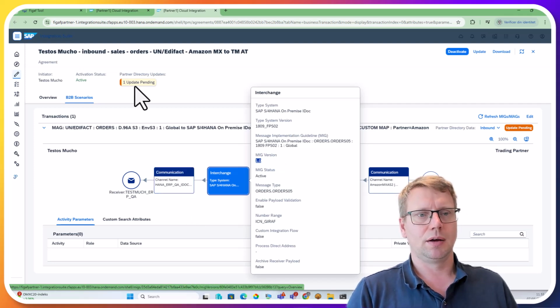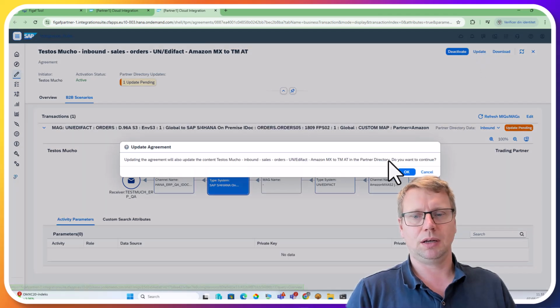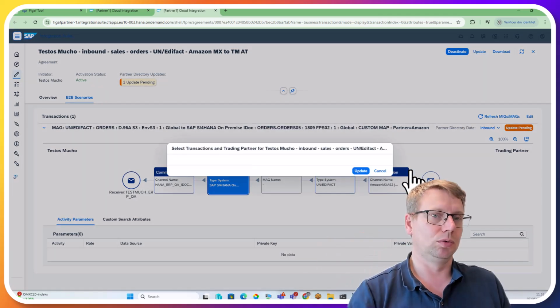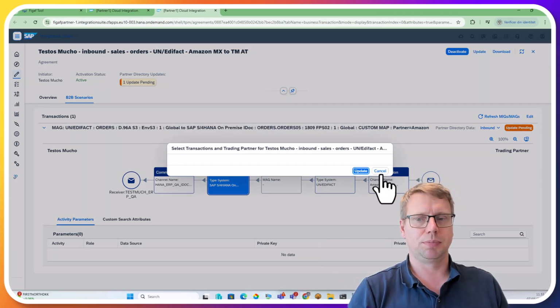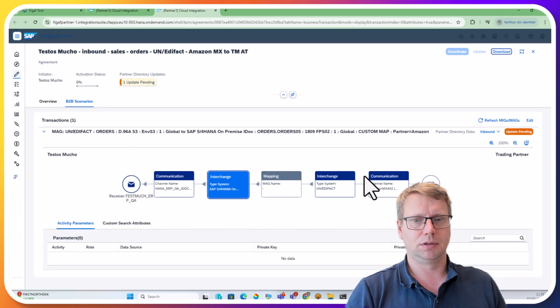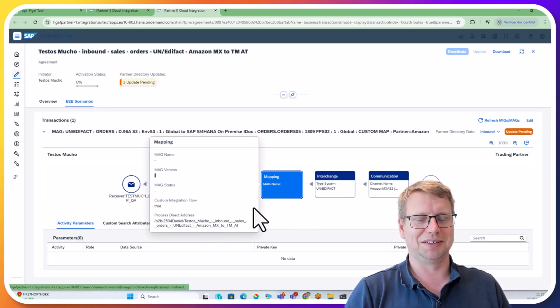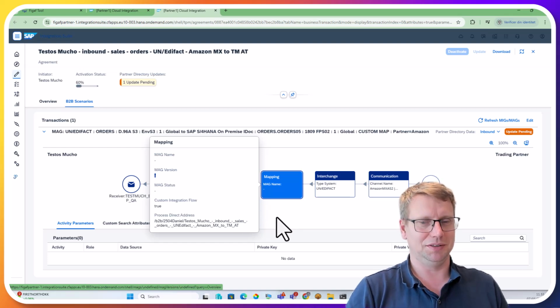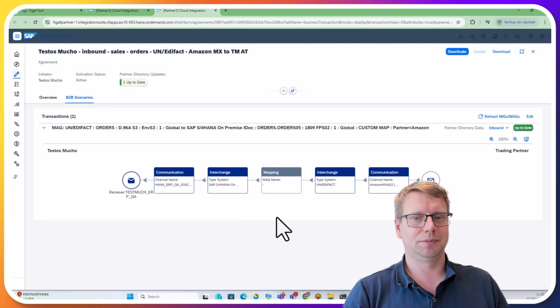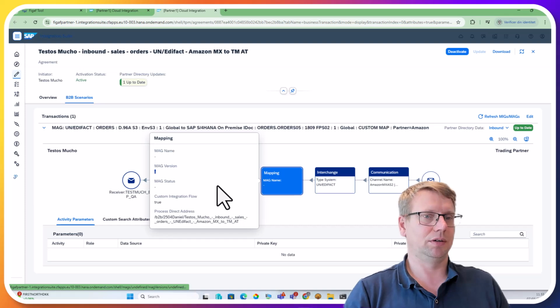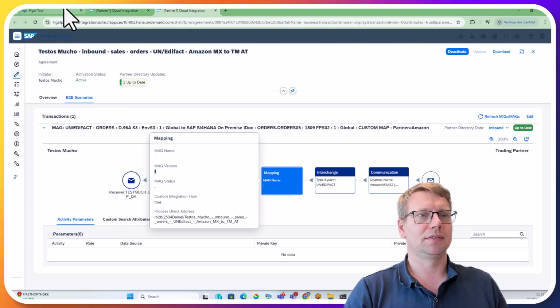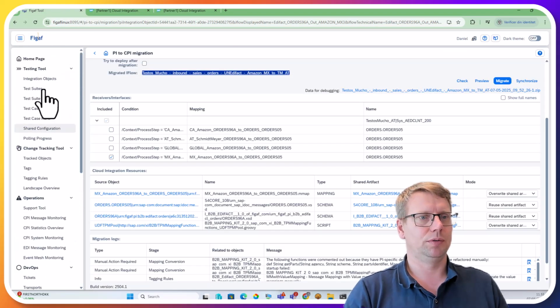Cool. After we make changes, we need to update it, and then the Figaf tool will be able to, when you deploy here, update. That's strange. I would have expected it would normally give us a little more details of what is going on. Let's see if everything is correct, looks okay. Now we can go back here to the Figaf tool,